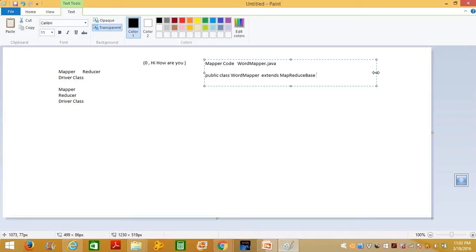I told you there is a jar file called hadoop-core.jar that you need to import, and within that jar this class exists. Not only that, it also needs to implement